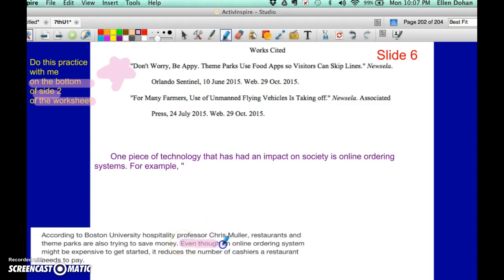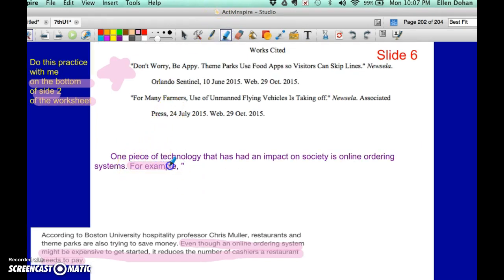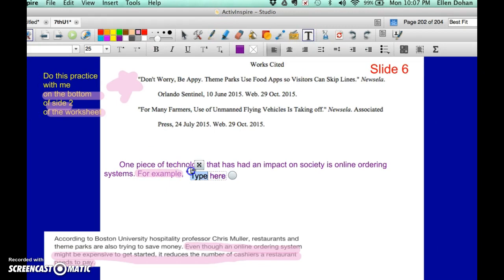The piece of evidence that I want to include is the second sentence. Even though an online ordering system might be expensive to get started, comma, it reduces the number of cashiers a restaurant needs to pay. So I want to include this directly into my paragraph. And I already have my topic sentence, and I have a really great transition that shows I'm about to introduce some evidence. So my first step is I'm going to start with the quotation marks, which I have, and then I'm going to copy this quote exactly as it appears. So I'm going to start with capital E,